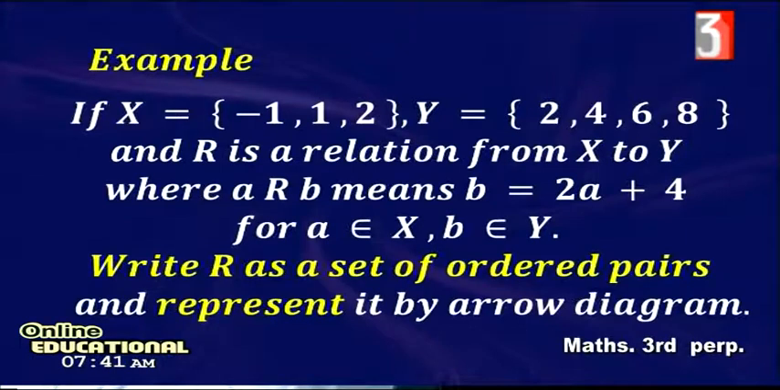First of all, when you take a value from X as -1, try to substitute it in the relation given, which is b equals 2a plus 4. Substitute for a equals -1. So it is 2 times -1 plus 4. 2 times -1 gives -2 plus 4 gives 2. So when you put the value of a as -1, you are going to find that the value of b will be 2. So the first ordered pair in this relation will be